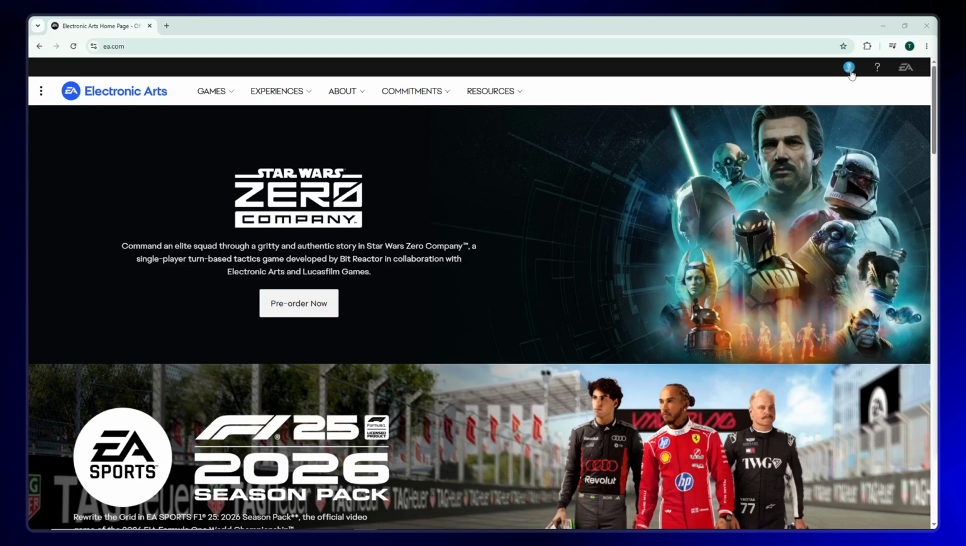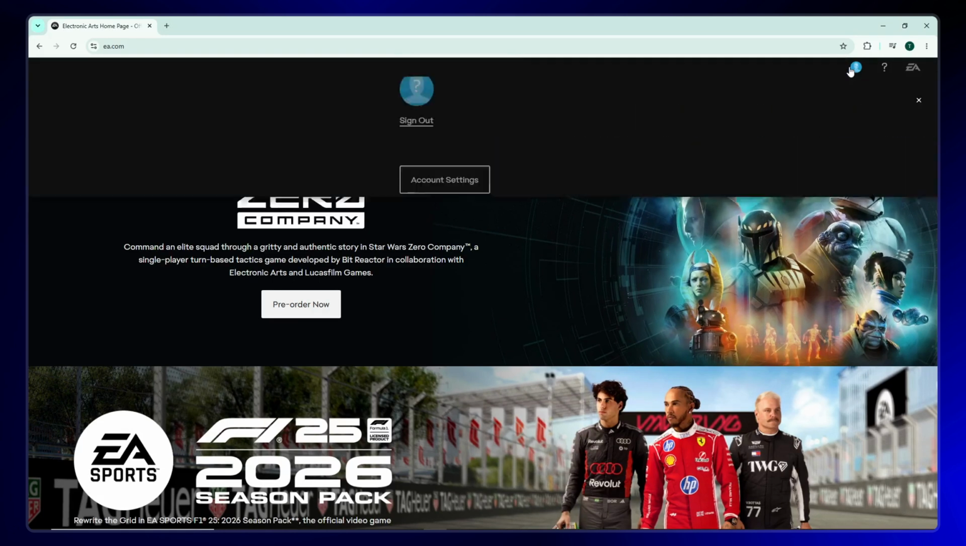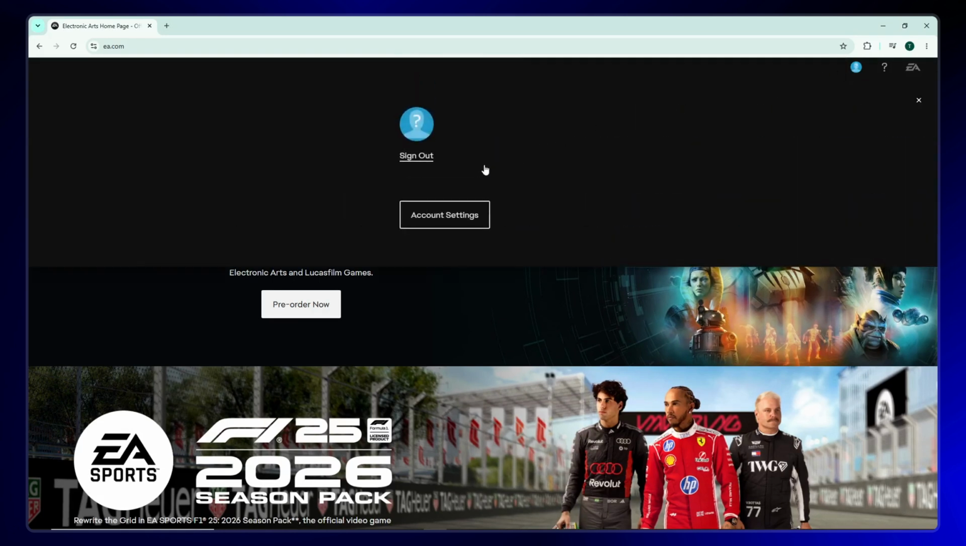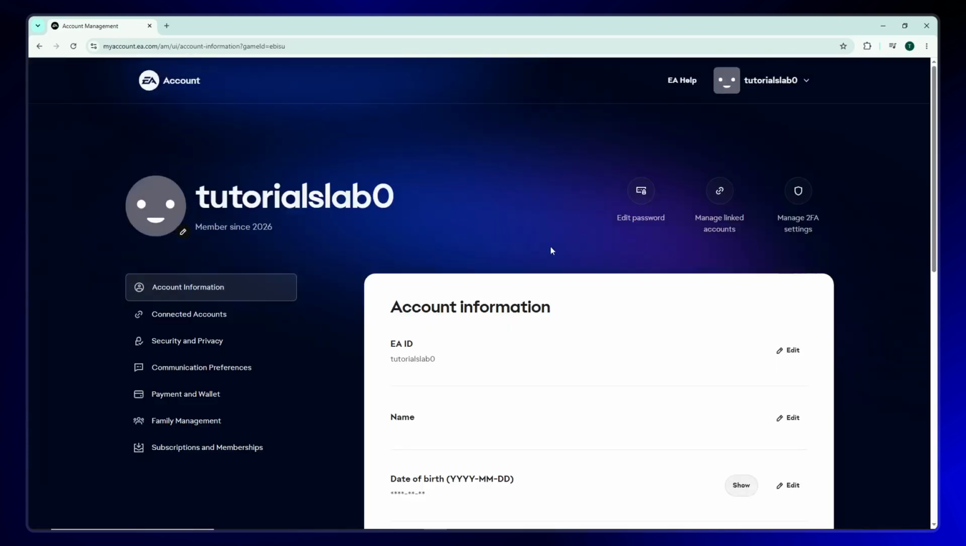You'll see your profile icon displayed there. Click on it to reveal a drop-down menu with various account options. From this menu, select Account Settings. This will take you to a dedicated page where you can control different aspects of your EA account, including security,